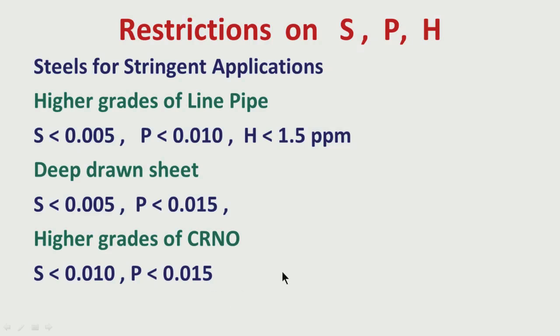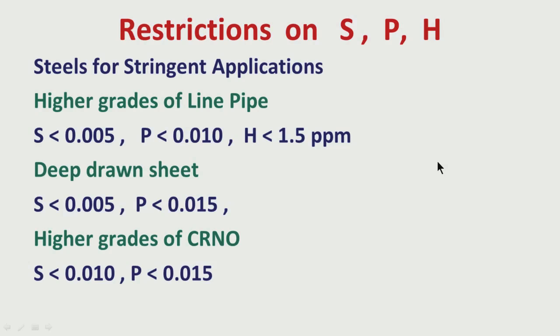So, what I am trying to harp upon is, depending on the application requirements, not only oxygen, nitrogen, inclusion size, there are restrictions on sulfur, restrictions on phosphorus, restrictions on hydrogen. So, while we are doing evaluation, as I have mentioned, sulfur, phosphorus, hydrogen, oxygen can be analyzed relatively fast, and from this analysis we have to make a decision on the quality of steel at the cast stage